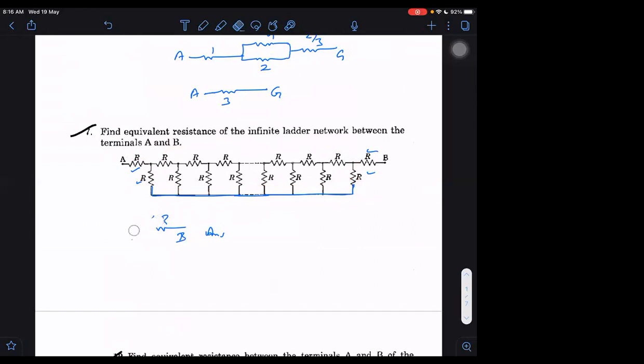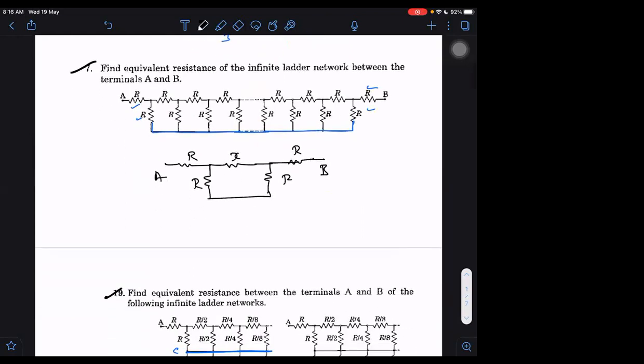So, which may not be infinite. At one point beside A, it will divide the current. Yes, I think it is not infinite only. Wait, let me check once what it will be. It will be like this, R here, and then it is dividing. And how is it dividing? We don't know, but we can take it like this here. This one is X, R, and it is R, A, B. What is X? X we have to find out separately.